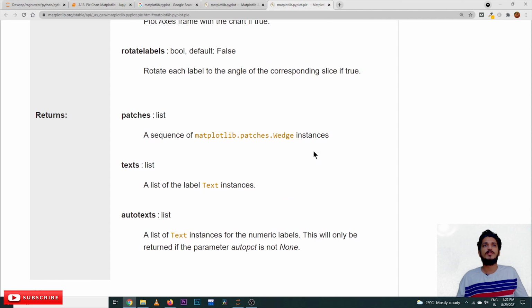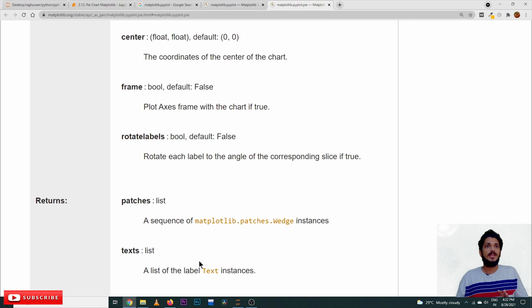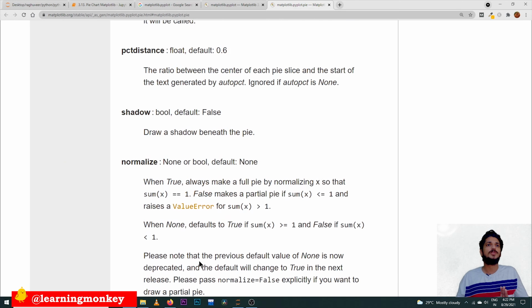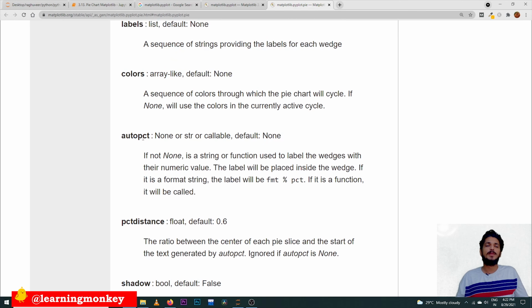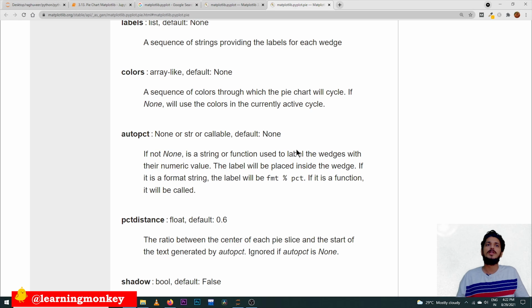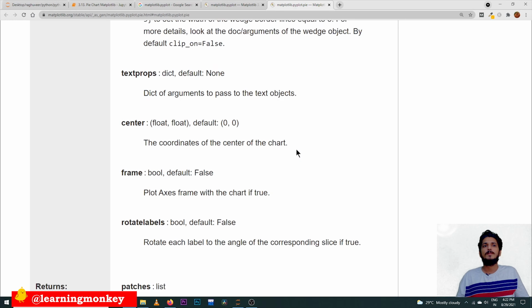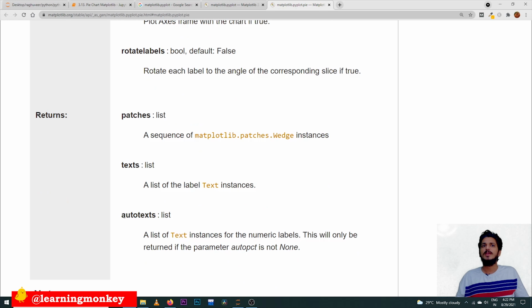It returns three different objects: wedges, texts and autotexts. The autotexts will work only if the autopct option is available. Autotext is dependent on autopct; if the autopct value is available, then only the autotext objects will be returned. Otherwise, if autopct is not there, these two, patches and texts, will be returned.